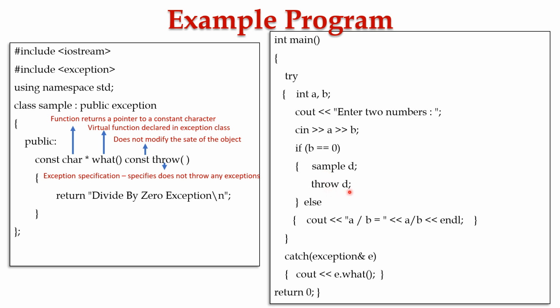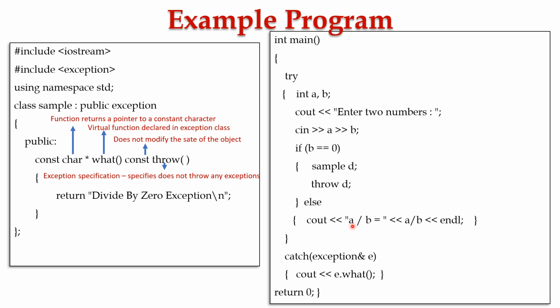Since the object D is thrown inside the try block, it is caught in the catch block. Here the catch block has the object reference as the parameter. The object D is caught here, and using the cout statement, e.what function is being executed here. So if B is not equal to 0, then in the else part, using the cout statement, we have displayed